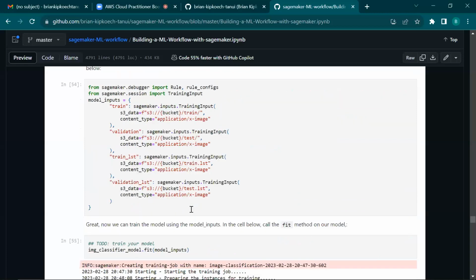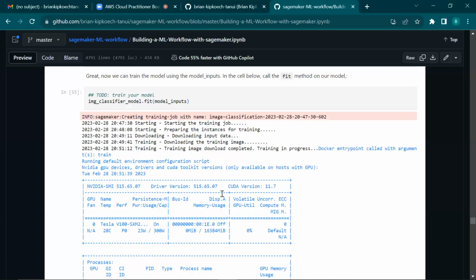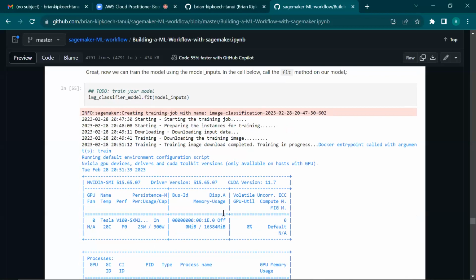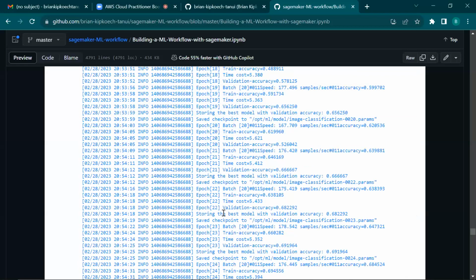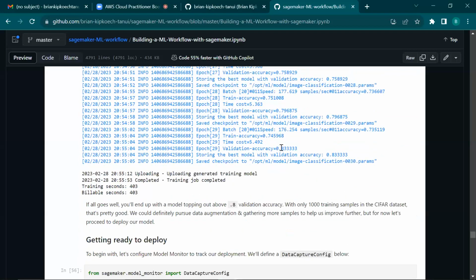This is the training output once our model was trained, and then we see the model's accuracy. The model achieved 83.3% accuracy based on the validation data that we provided.